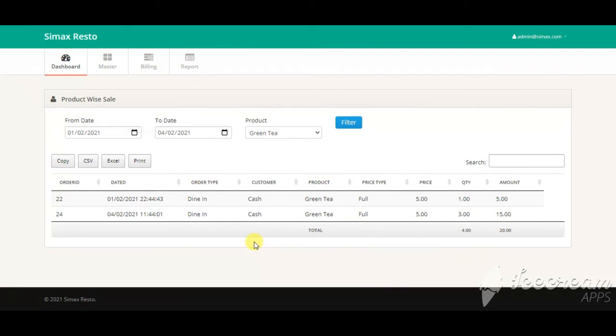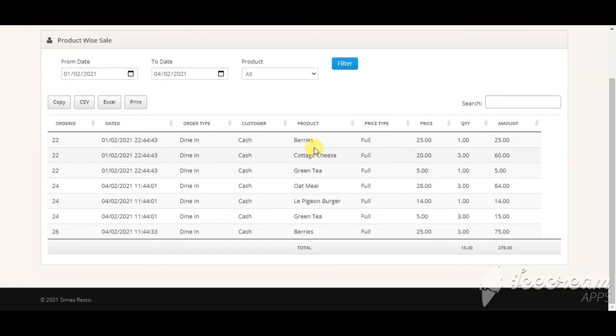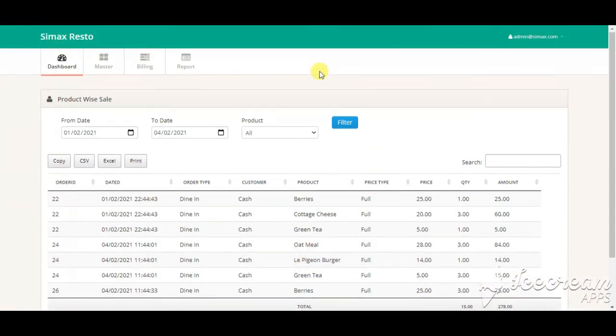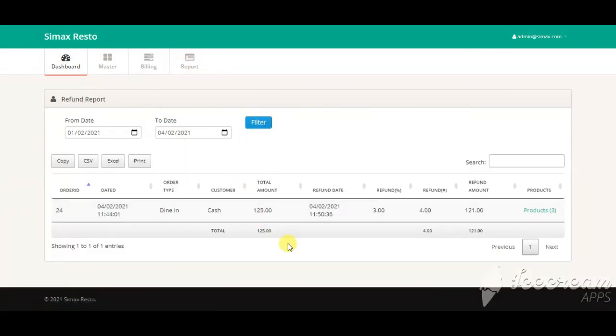So this is a product wise sale report, you can find it all, it gives you all product sales. And the last one is a refund report. It gives you how many invoices were refunded. Recently we refunded that, so the refund amount is 121. Okay, so that's it.